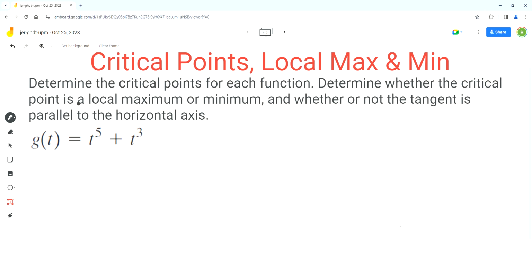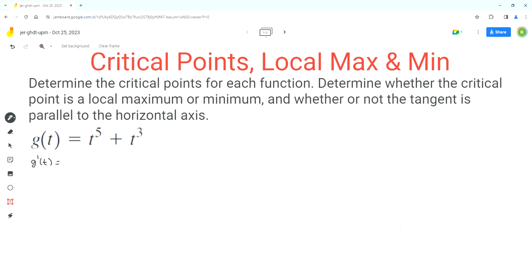So let's start with the first part where we have to determine the critical points. Now critical points are points at which the derivative of the function is equal to 0 or undefined. So the first step here is to find the derivative of this function. So our first step is g prime of t